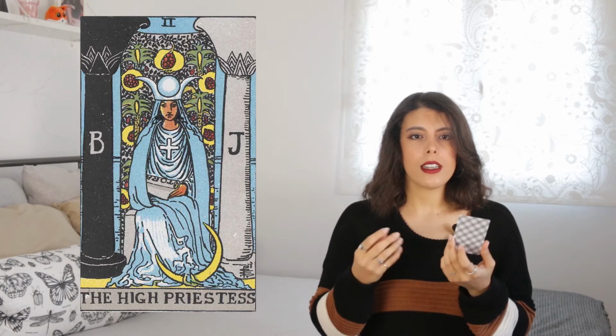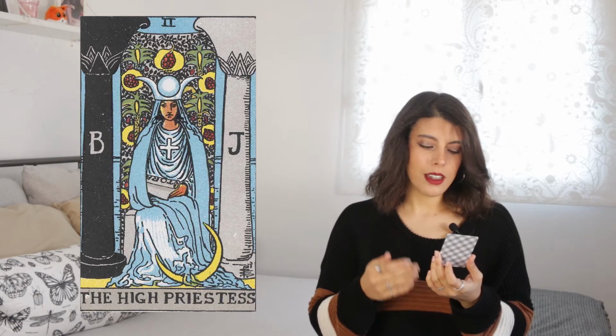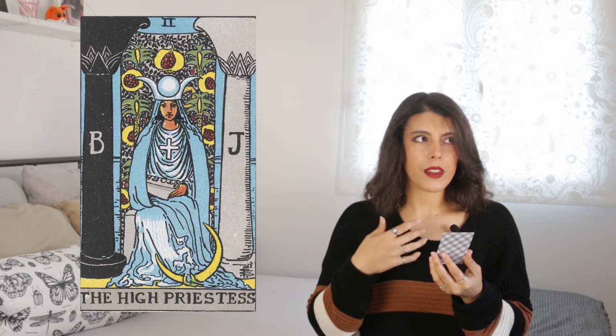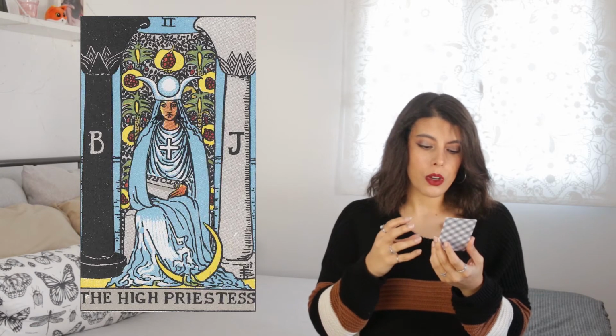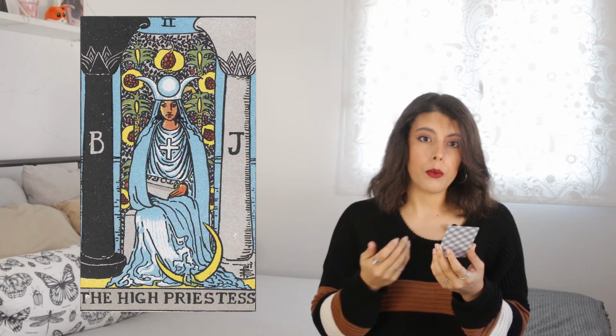Think of water as an element that brings us the power to submerge into our subconscious, or several levels of consciousness. You can see that at her feet, the robe seems to be losing its shape and transforming into water. This is yet another suggestion of the High Priestess connection with the subconscious, but given that there is also a waxing crescent moon tangled with her robe in this liquid transformation,